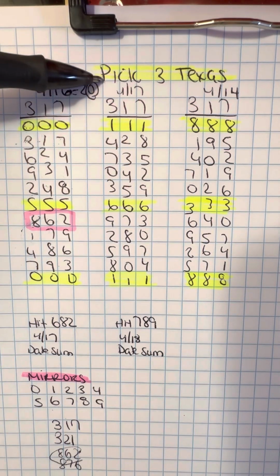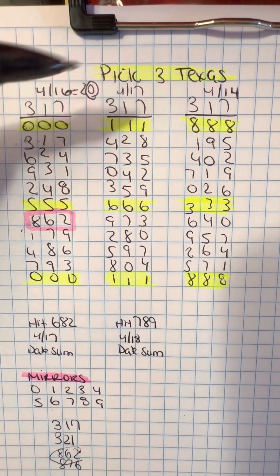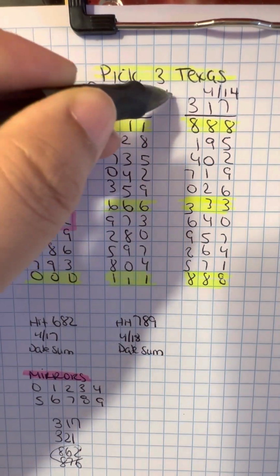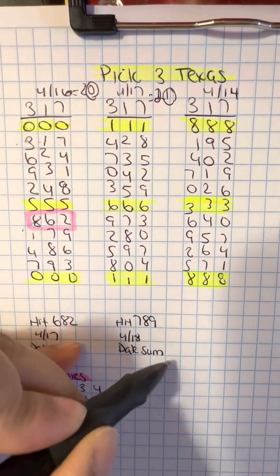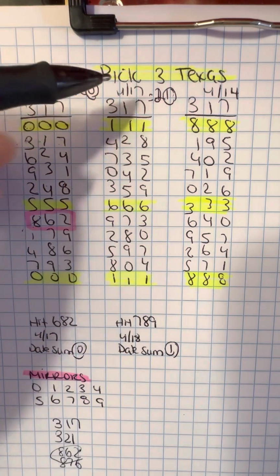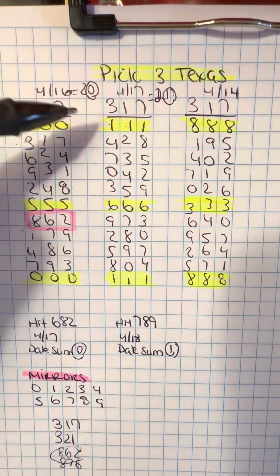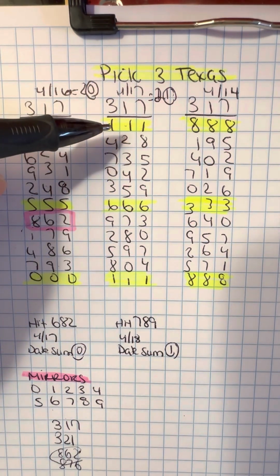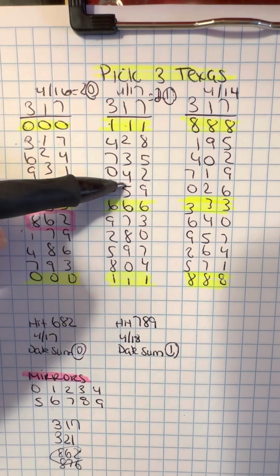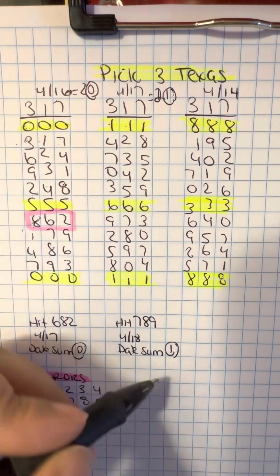So let's say we're working on April 17th, right? We would go ahead and put that date sum number in. 4 plus 17 is what? 21. So we know that our date sum number would be 1. Oh, I forgot to put this one here. Okay. So we put in 111. All right. So we're going to do the same thing. We're going to go under and again across or down. So 428,